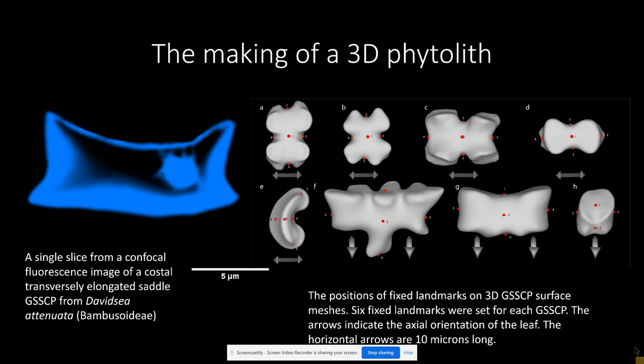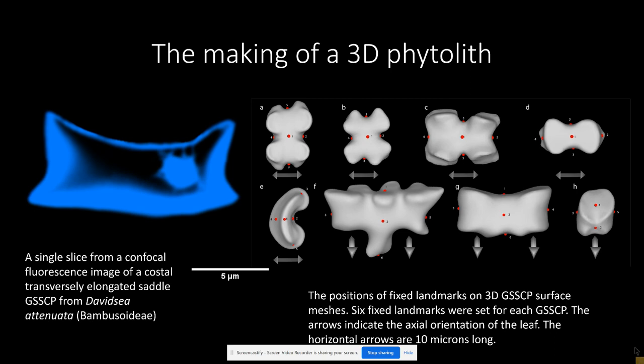In order to capture the full 3D shape and size of GSSCP, we used fluorescent stains and confocal microscopy to image isolated phytoliths from leaf samples across the grass family and produce 3D surface models. We also observed in situ GSSCP for many of the same taxa to establish orientation. This allowed us to use a landmark approach to align the phytoliths to their homologous positions as they would each